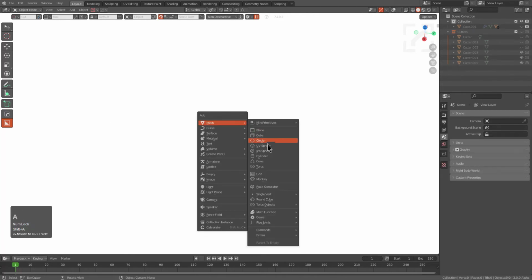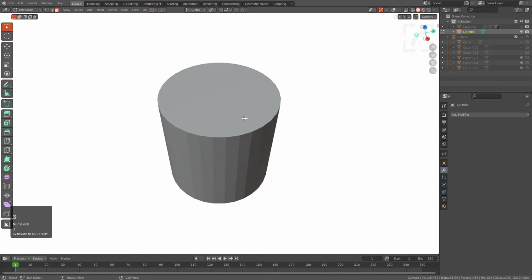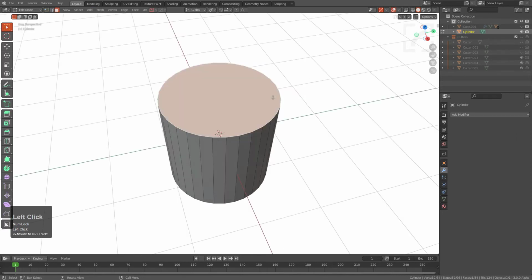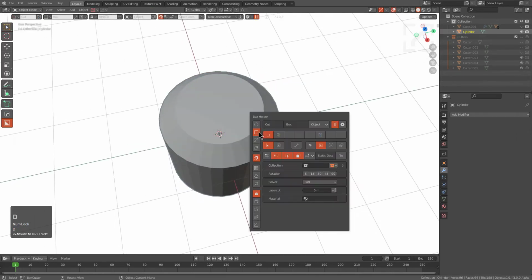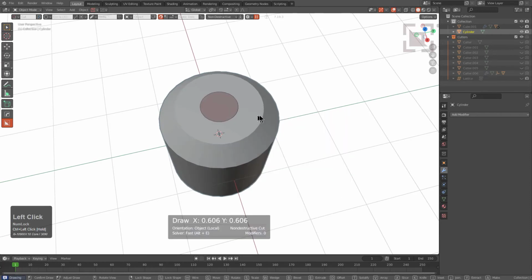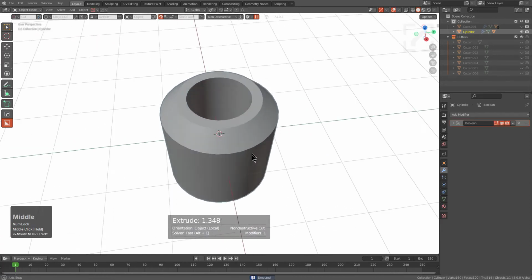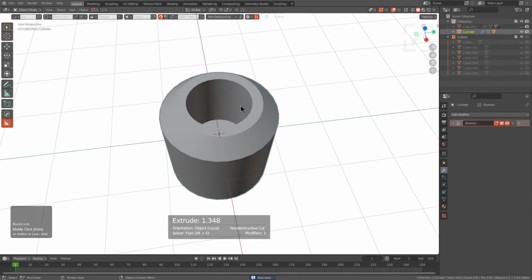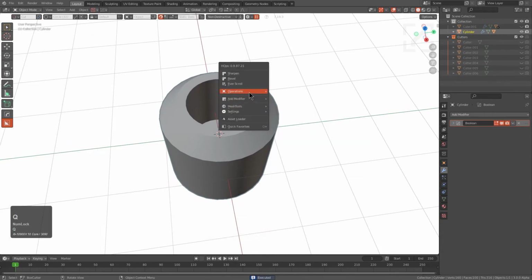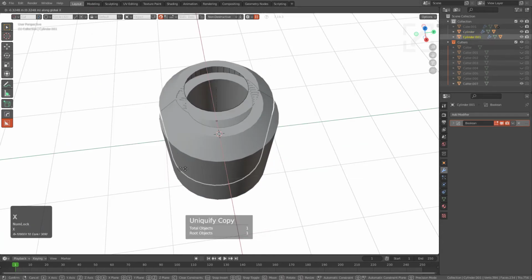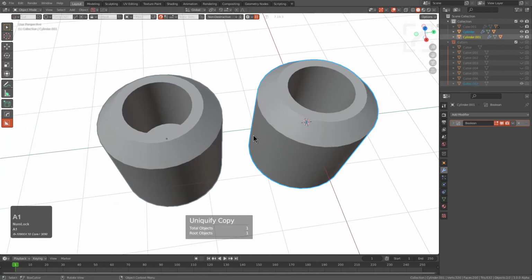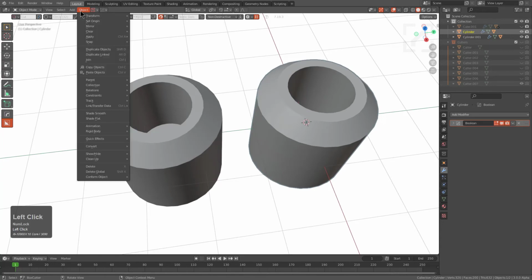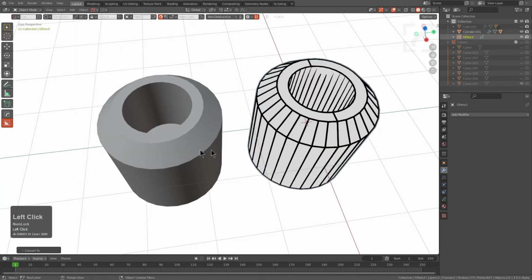So let's press X and delete this, and Shift A, add a cylinder. A cylinder is another case that we also fought with over the course of getting this right, because it's real easy for a cylinder in conversion to a grease pencil sketch to just not work out right. So let's Uniquify this again, just so we have a secondary one to test with and we don't have to reuse the same object. With our main object selected here, I'm going to go to Object, Convert, Grease Pencil,